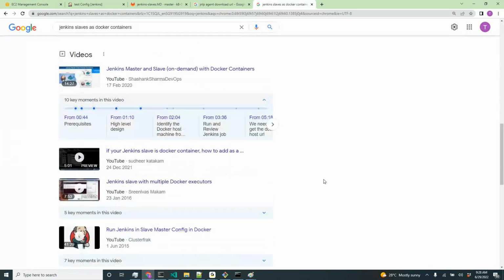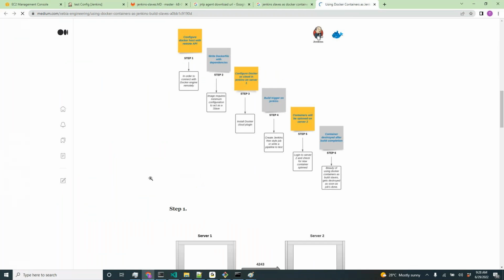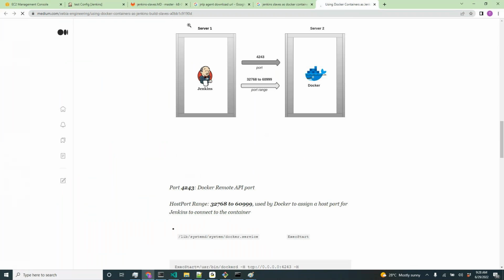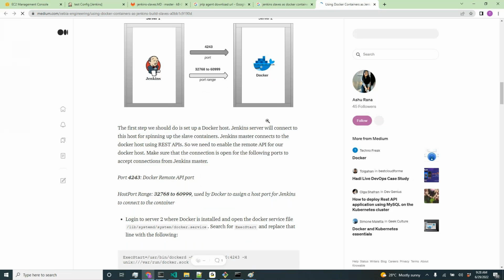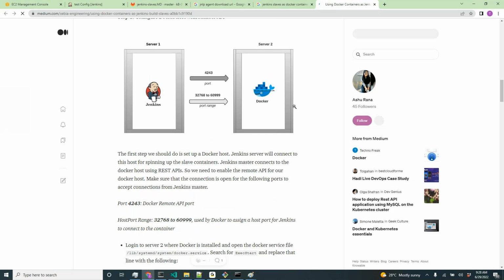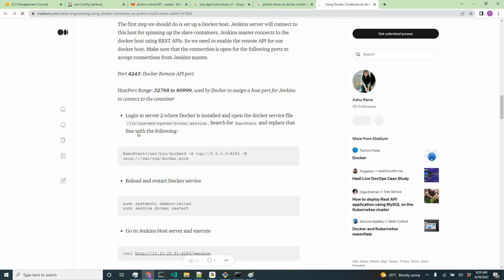So I referred all these things. Here, if we see this article, they will ask us to edit some information. So this is the architecture: the master server, and then this is the server which has Docker installed. We need to edit this to allow